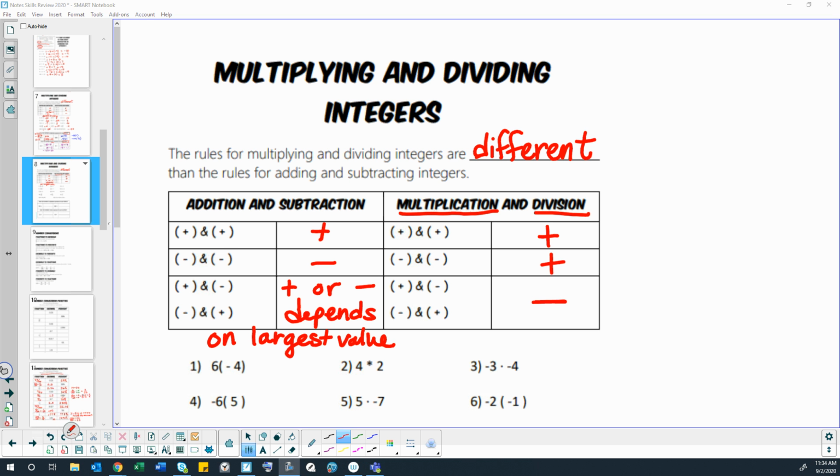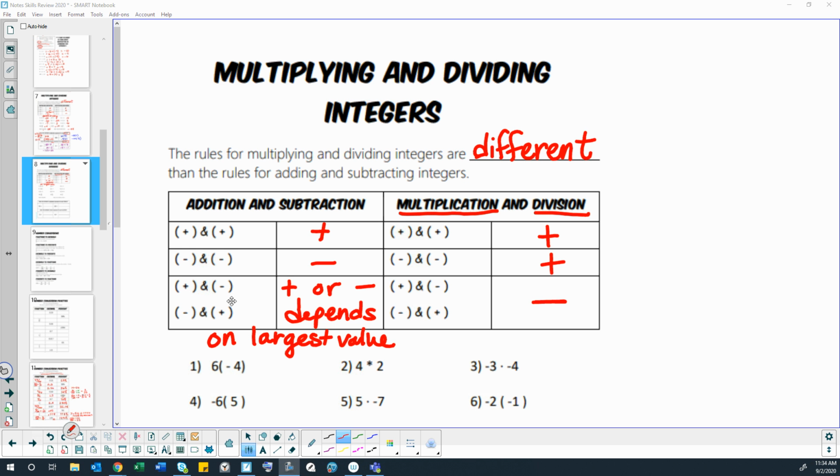So, multiplying and dividing integers. The rules for multiplying and dividing integers are different than the rules for adding and subtracting integers. The last few days we've talked about that a positive number plus a positive number is a positive number, and a negative plus a negative number is negative. If we have a positive and a negative, then whether the answer is positive or negative depends on which one